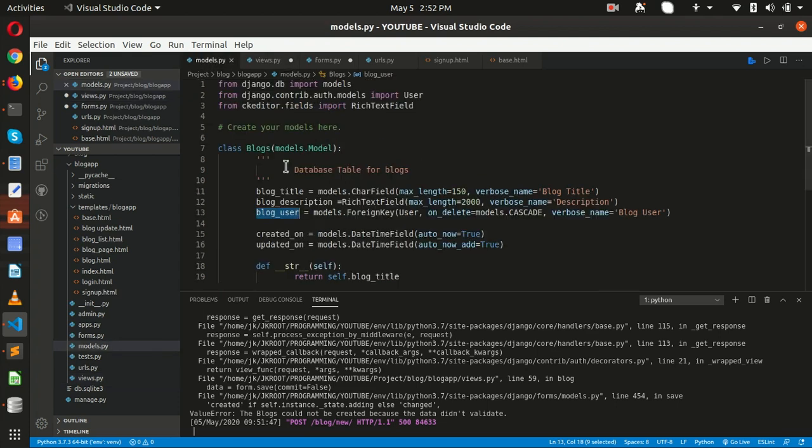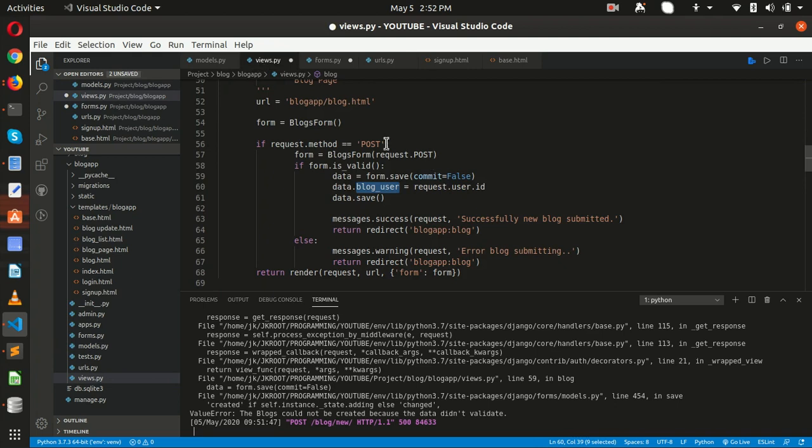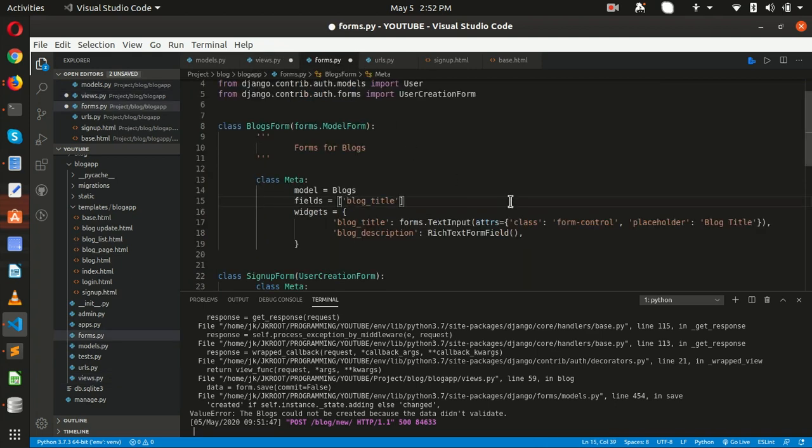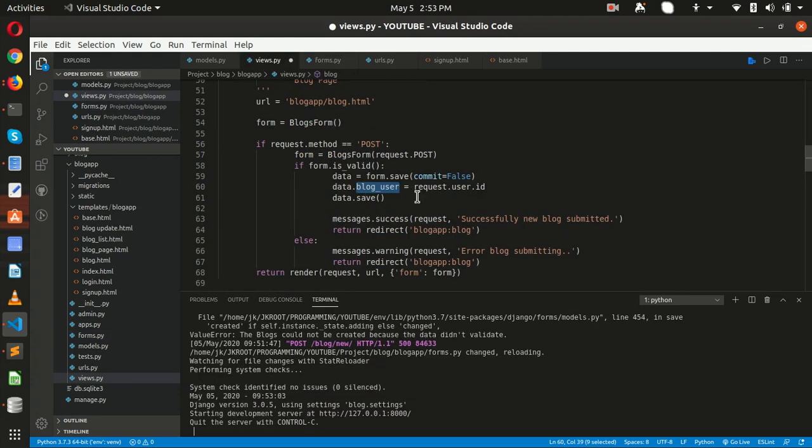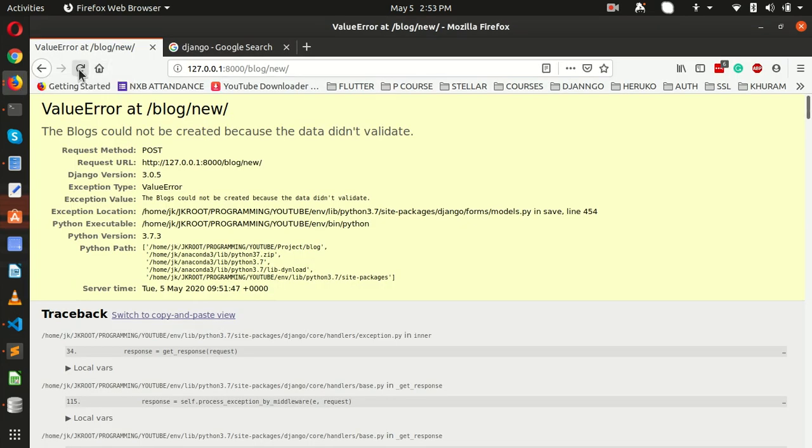So now we are just going to use blog title and blog description. Okay, so here we go with this validation step, and blog is valid. Okay, let's try this again.